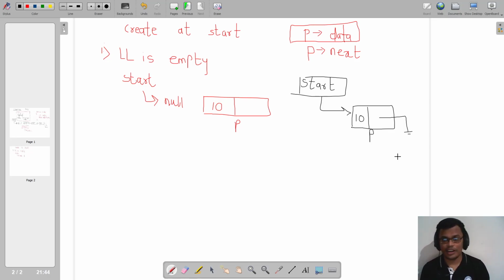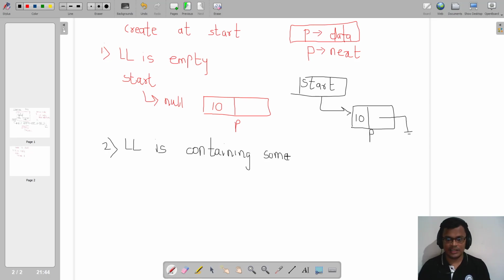Are you getting this? For create at start, when my linked list is empty. So let us understand that for creating at start, first we need to allocate memory. After allocating memory, we should check whether the linked list is empty, or there might be a second situation also, that the linked list is not empty, so the linked list is containing some elements.